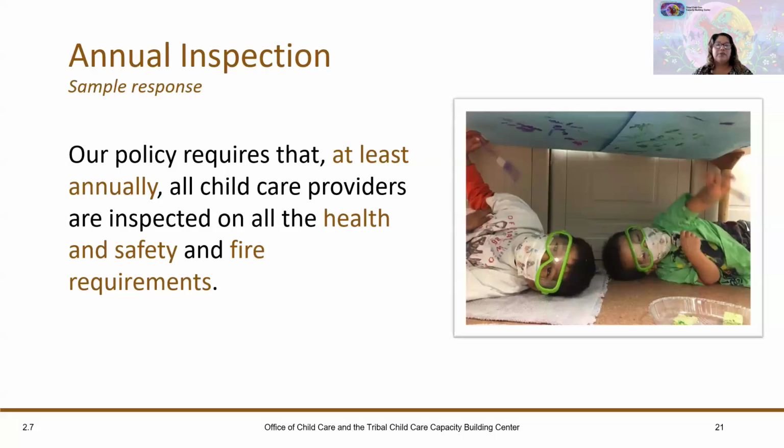Another example could be where the tribal agency chooses to monitor in-home providers on basic health and safety requirements that affect child safety and background checks. Tribal agencies could choose to focus on health and safety risks that pose imminent danger to children in care and should develop procedures for notifying parents of monitoring protocols and consider whether it would be appropriate to obtain parental permission prior to entering the home for inspection purposes.